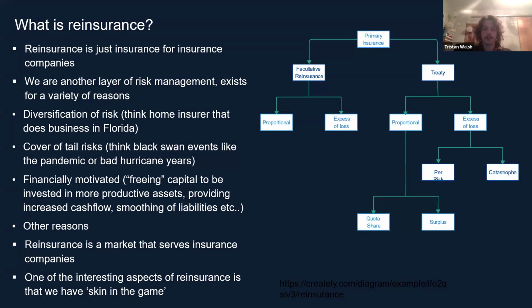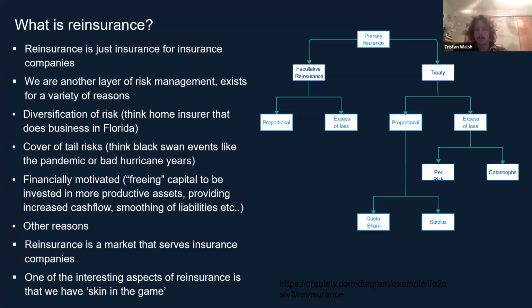That's just one example. These structures are sometimes very cut and dry. There are very common types of reinsurance that are almost commoditized in the market, and then there are also very customized financial structures for reinsurance as well. But one of the things about reinsurance is that it is a market that serves insurance companies, so as an individual that works at a reinsurance company, our clients would be these insurers. And I think what's interesting is we compete in a market with other reinsurance companies for these reinsurance contracts. And obviously price is a factor there,